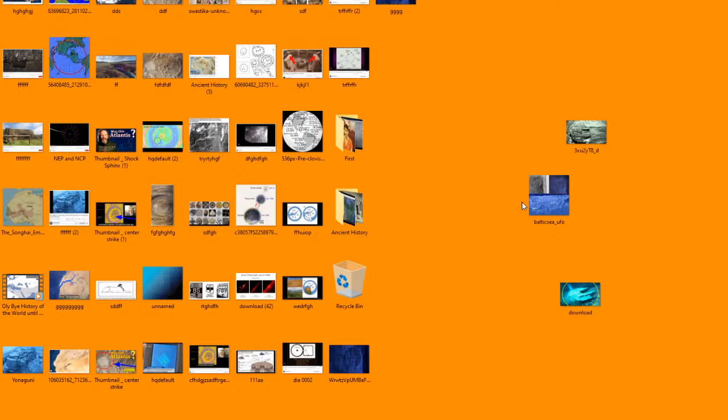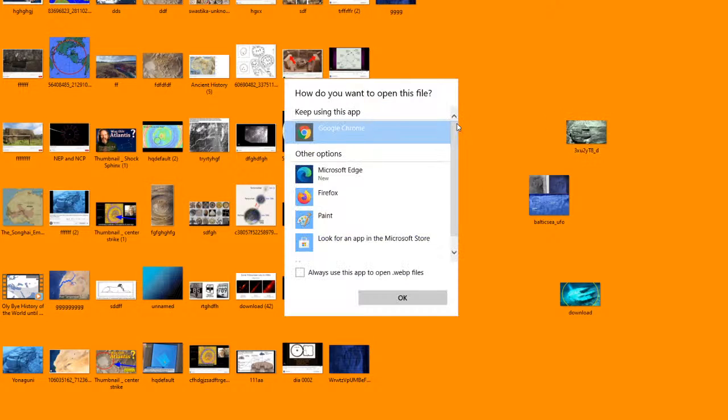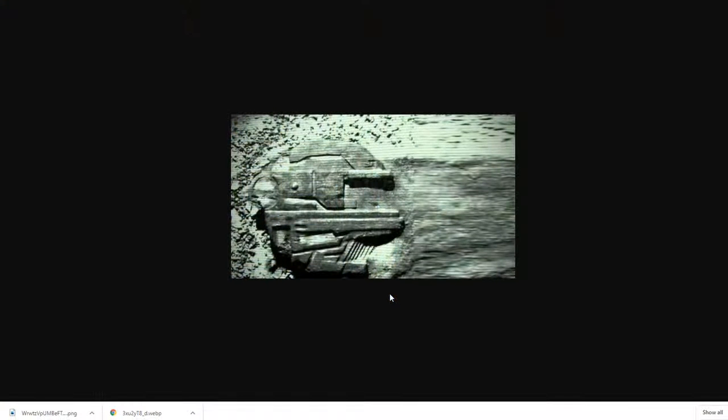Where did that go? Is it over here? This is an image. All right. How do I want to open this file? I don't know. What's the deal here? I want to open it up in a photo viewer. I hate this. Oh, it's a .webp. Well, let me try Google Chrome. So this shows something that's a little bit more